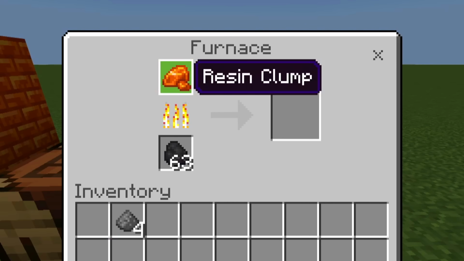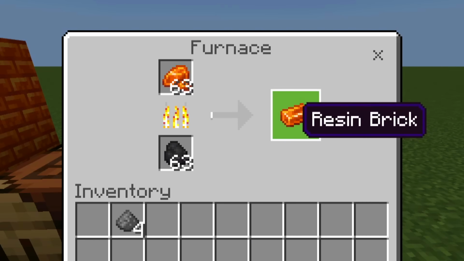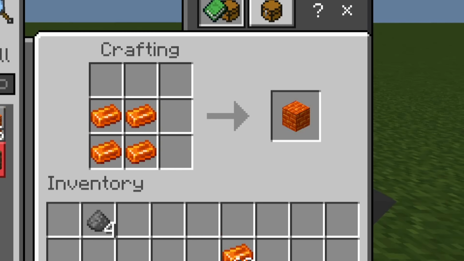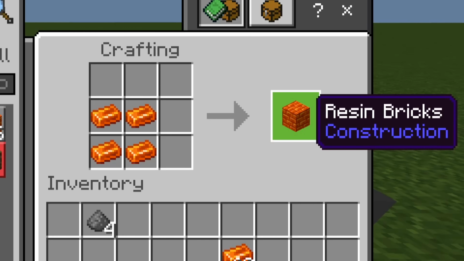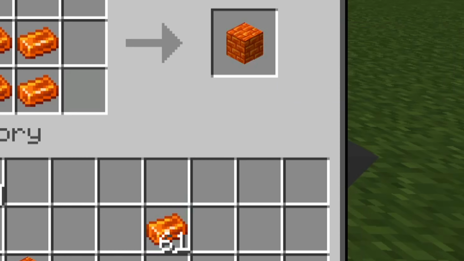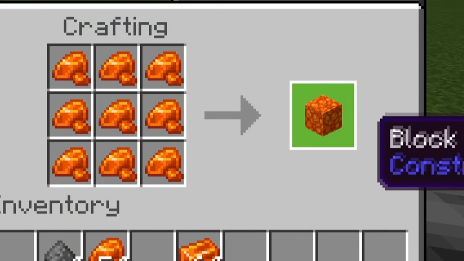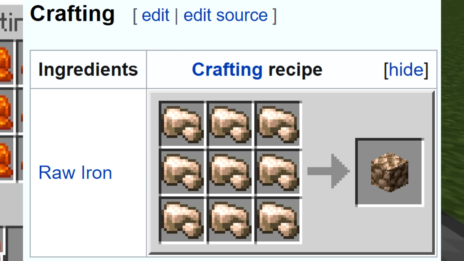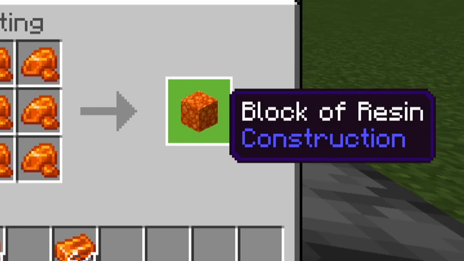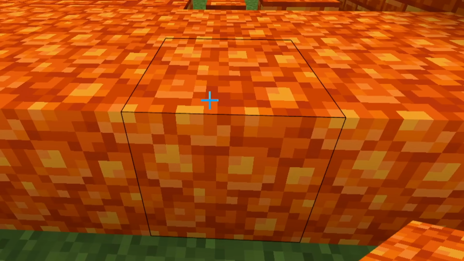So I've got a resin clump and I'm gonna put this in the furnace. That is how you make your resin bricks. And with your resin bricks, you can craft regular resin brick blocks. See how these 2 items are differentiated by plurality? That is a block, that's the item. With your clumps, you can also make your regular resin blocks, much like your raw iron, raw gold, raw copper, things like that. And against Mojang's wishes, I do encourage you guys to use this block rather than the bricks,